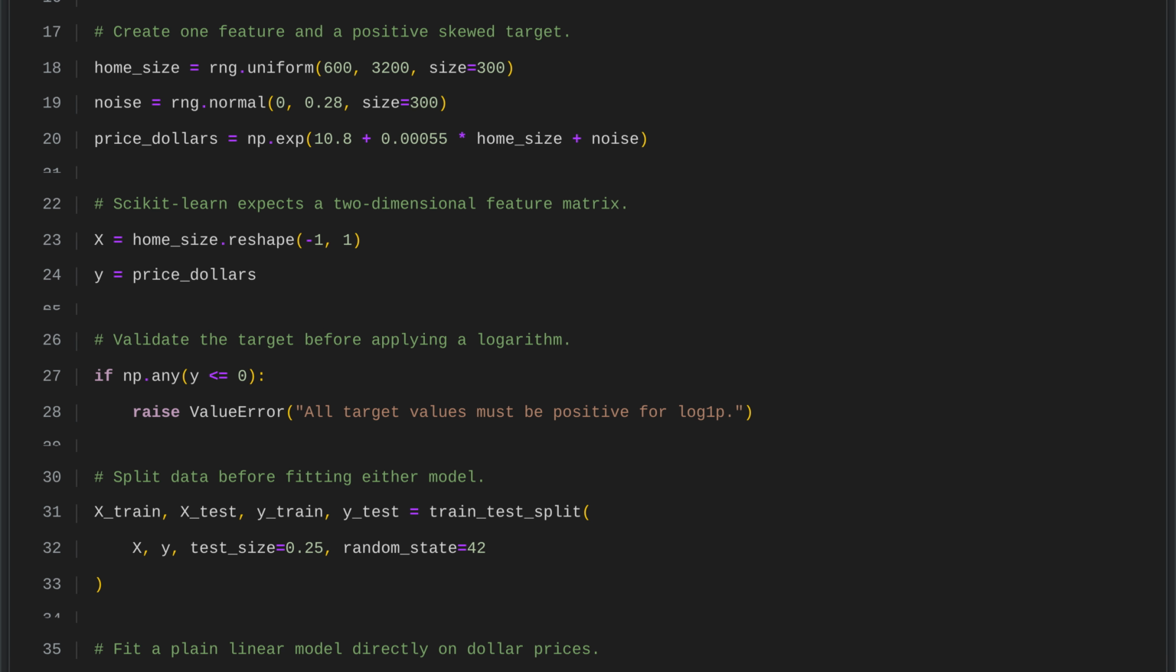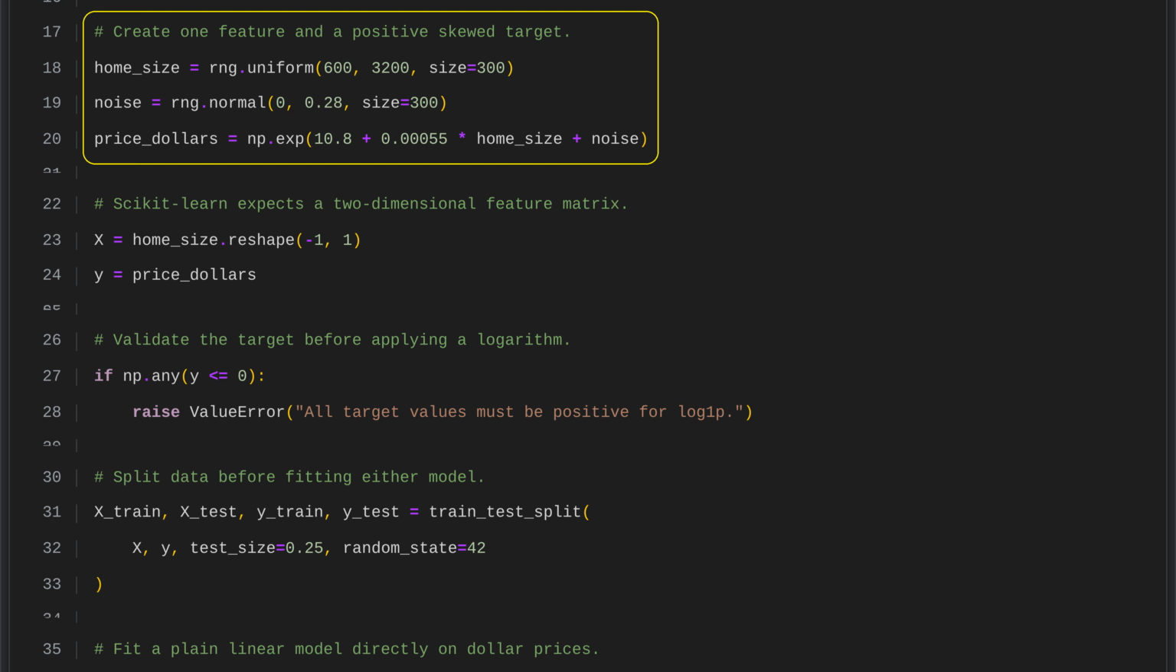This process creates a simulated housing dataset with 300 samples. Home sizes are randomly generated between 600 and 3200. Then random noise is added to introduce variability. Prices are calculated by applying an exponential transformation to a linear combination of the home size, a constant, and the noise. The result is a positively skewed price distribution, reflecting the idea that larger homes tend to have much higher